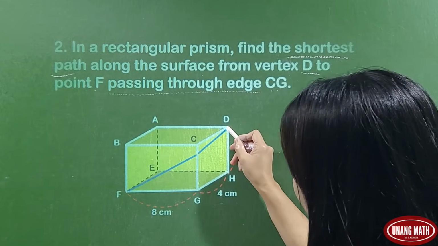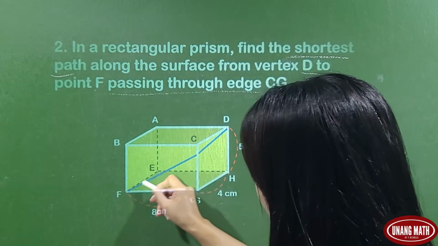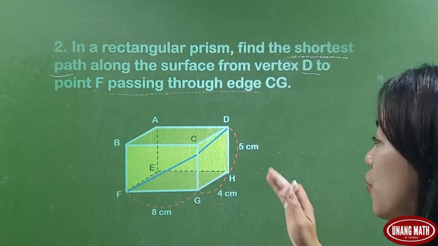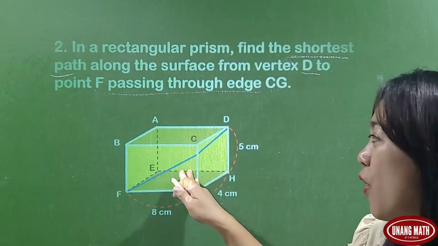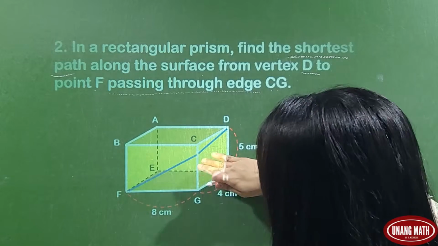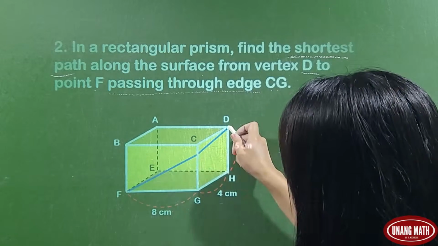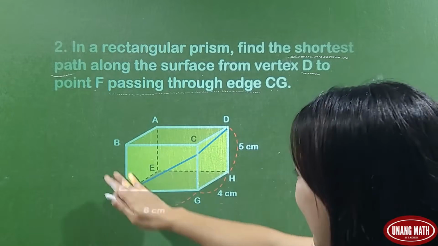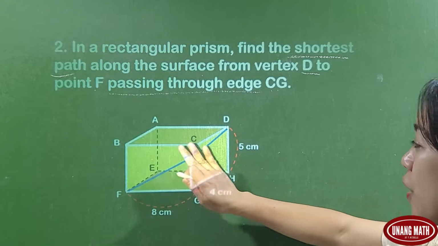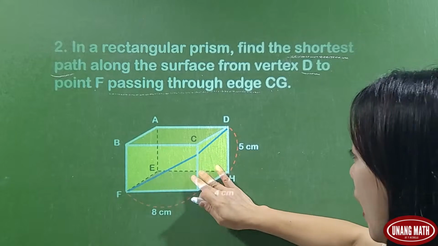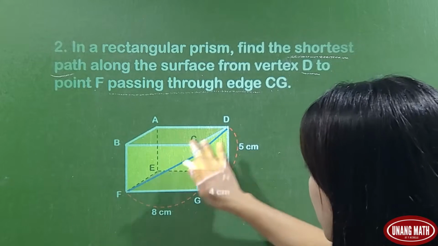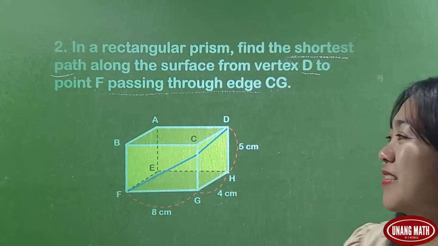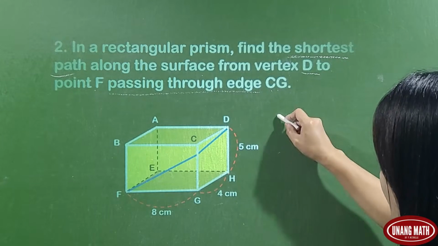So to find this shortest path or the shortest distance, we are going to draw the net of these shapes involved in this path. We don't need to draw the whole net of this rectangular prism. What we need right now are those shapes that are involved in this surface. So we can draw here